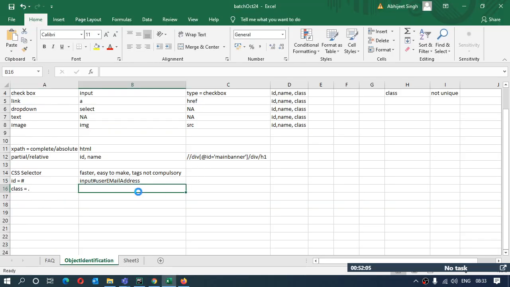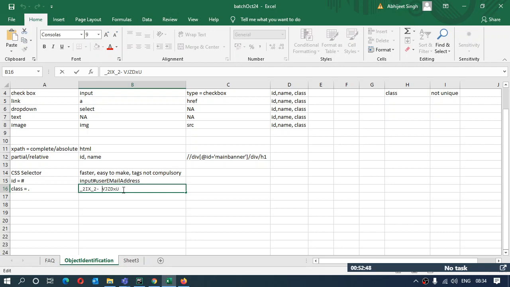If I copy this and I paste it here, you can see the space in between. So this space has a different meaning in CSS selector. First of all, the space means that there are two different classes being used over here in this element. Likewise, it could have 3, 4, 5, 6, all will be space separated. So if there is any space in the name of the class, make sure that you identify it correctly. If there is a space, then it's two different classes being applied.